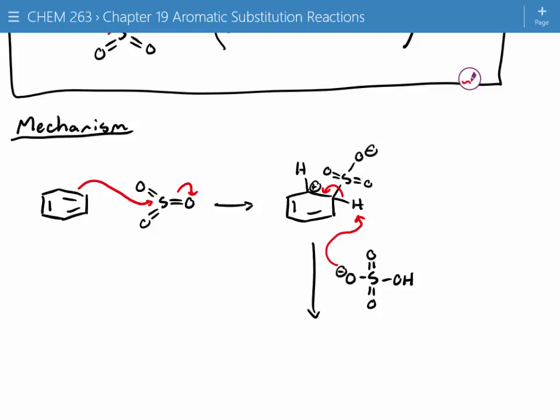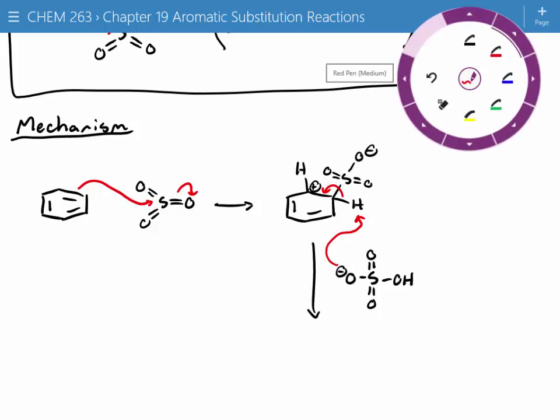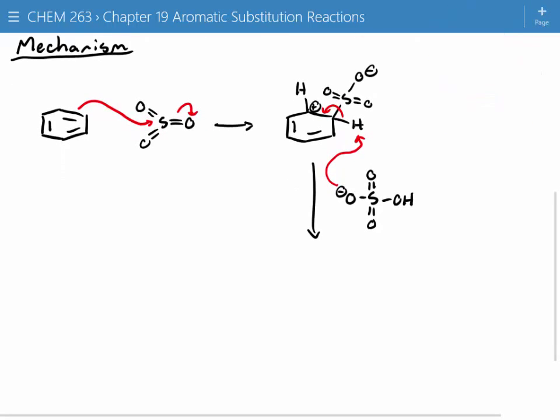Restoring aromaticity is a huge thing here, right? So in this intermediate step, it's not aromatic, which means it desperately wants to become aromatic. It wants to restore aromaticity. So sulfuric acid, the conjugate base, is a super, super weak base, but in this case, it doesn't matter. The driving force is restoring aromaticity to that benzene ring. So when we do this,